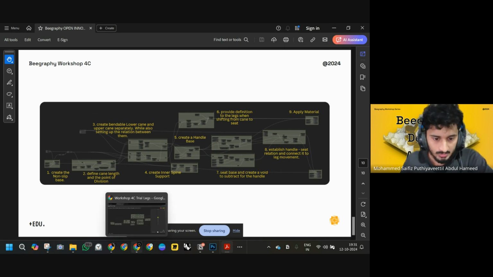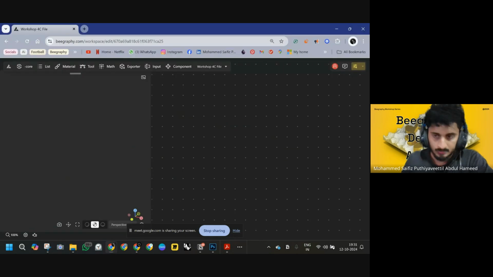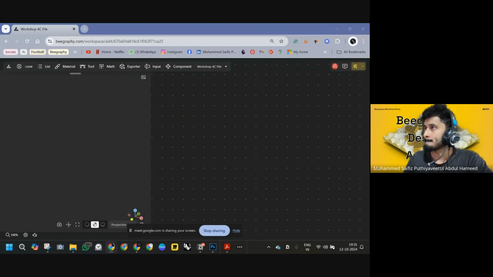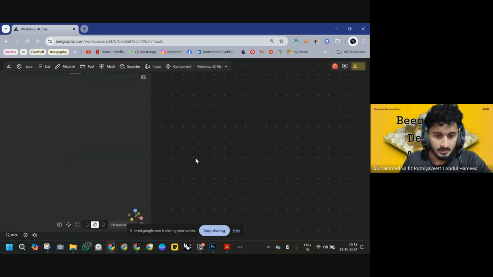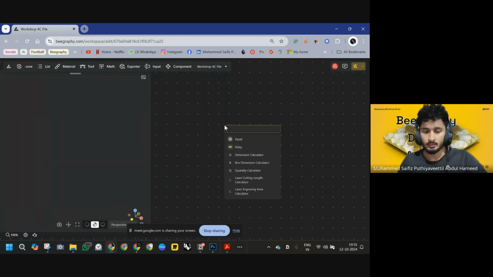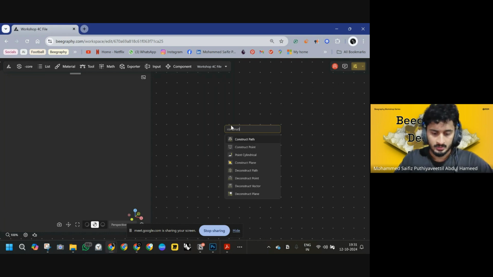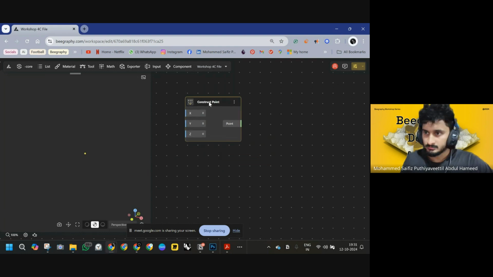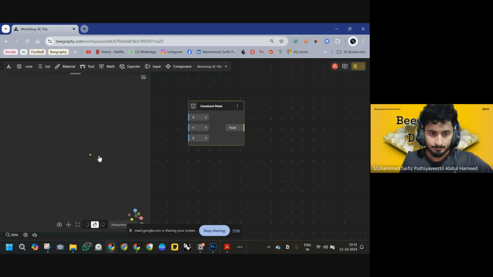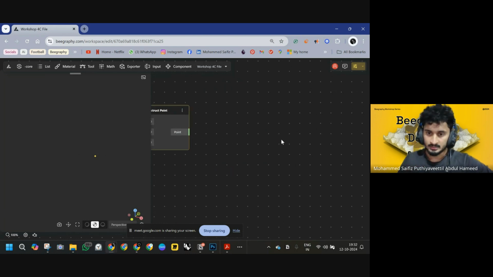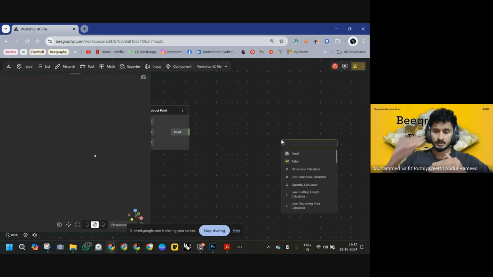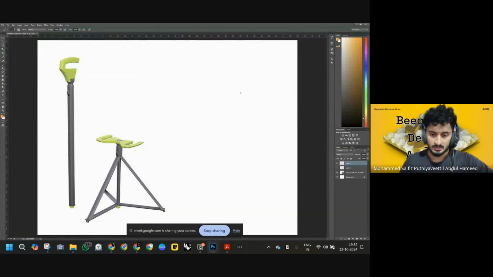Let me open Beegraphy quickly. So what we'll do is we'll start with constructing a point. We'll now need to move it to the height of the non-slip base and create a cylinder there. So we'll need points at different heights. So just to break it down